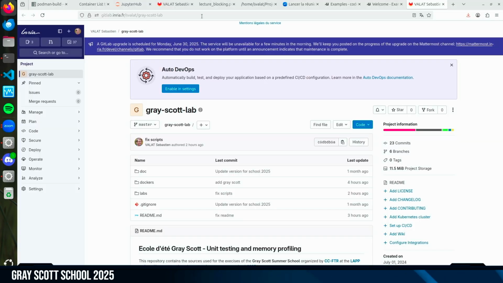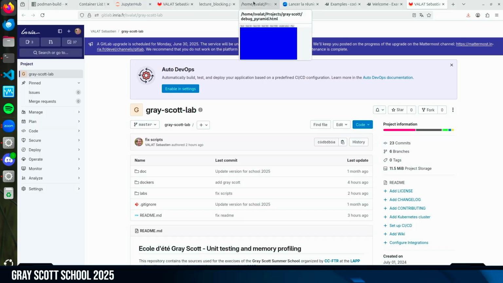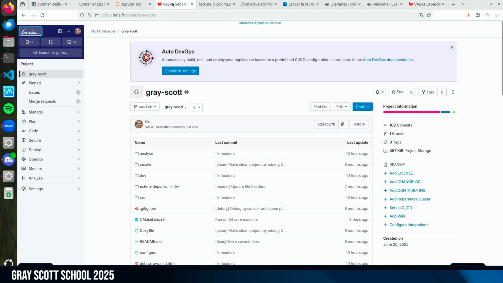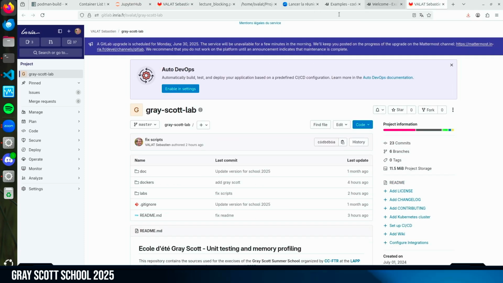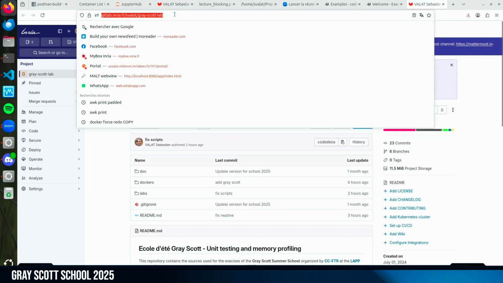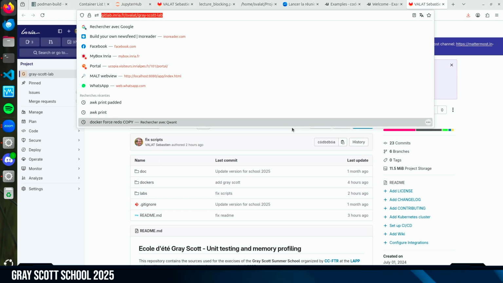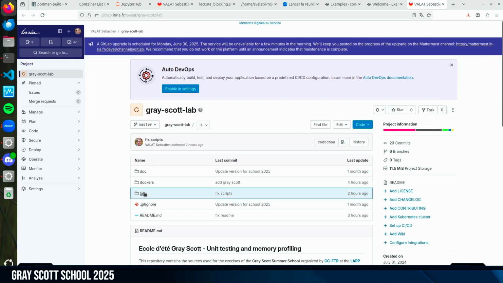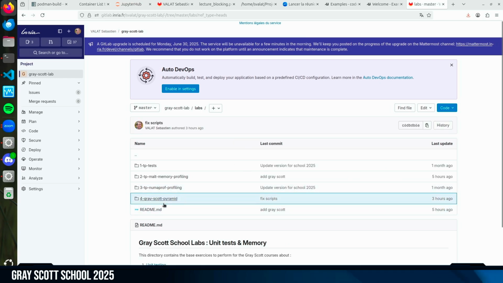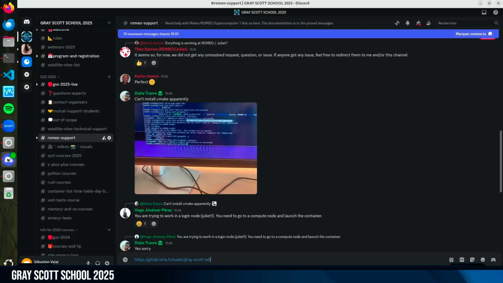It's compiling quite well on Linux, in mostly anything, so you can also try if you have very big troubles to get it in a container. If you go here and you download the repo in the labs, you have the code. So I can paste it in case.